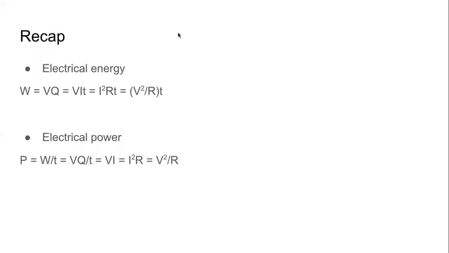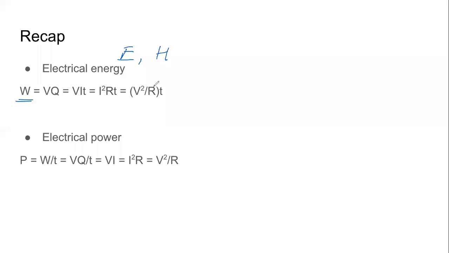So the maths that we revised from last year can be summarized in just two lines. One line is for electrical energy, another one for electrical power. When we are talking about electrical energy, energy can also be measured in terms of work done. That is why in general, we use the alphabet W to represent energy also. Some people will use E for energy. Some people will also use H for energy. We will see that today, don't worry. But it means the same thing.